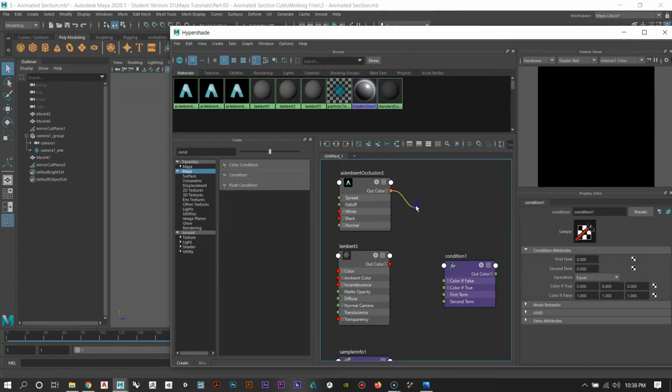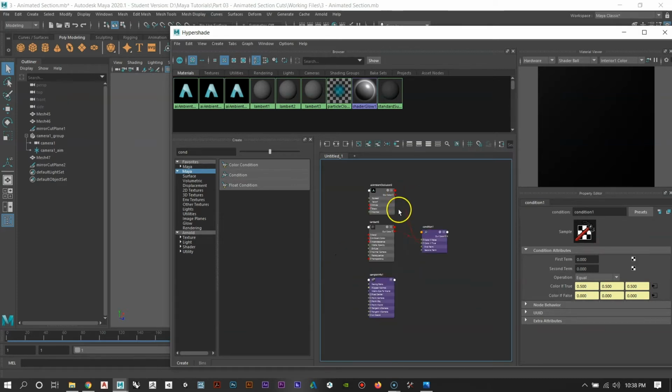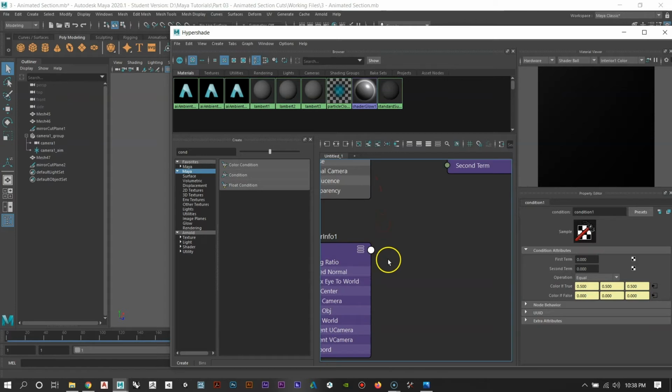So I'm going to click and drag color if true, and it should snap it right there. Okay, and then our Lambert is going to go into color if false. You're going to kind of feel it latch in, and that's when you want to just release. All right, and then our